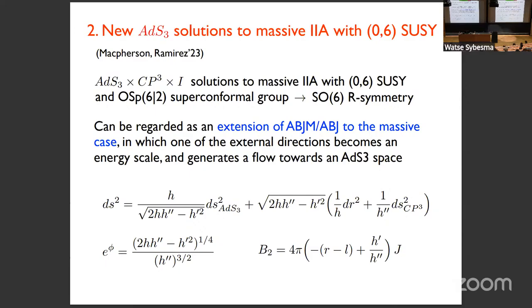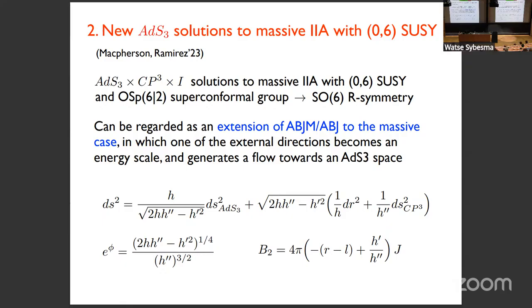So let me start with the main example that I will be discussing, which are these AdS3 solutions to massive 2A with 0.6 supersymmetry and their interpretation in terms of defects, surface defects in ABJM. So these solutions, as I said, were constructed by McPherson and Ramirez. They are AdS3 times CP3 foliations on an interval. They preserve 0.6 supersymmetry with an OSP(6,2) superconformal group, which means SO(6) R symmetry, which is realized geometrically